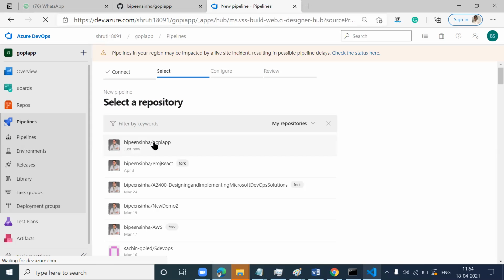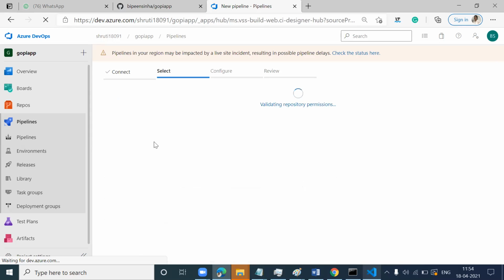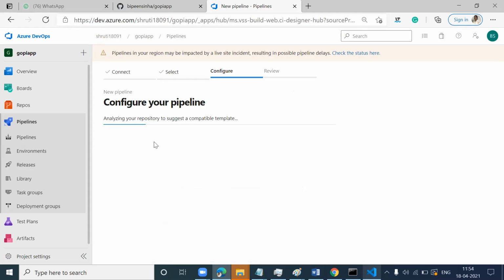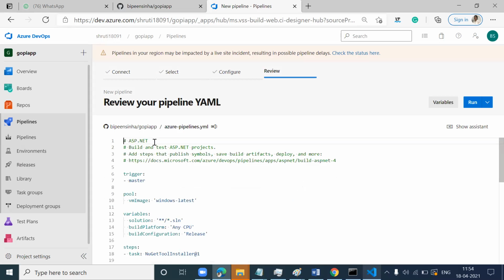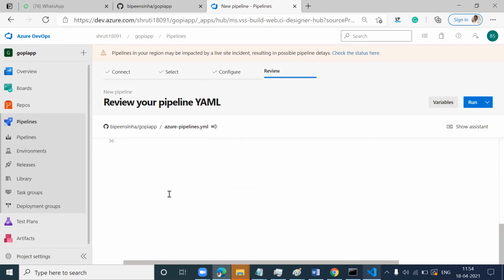Which one is yours? Yes, this one. Perfect. Scroll down to confirm the publish artifact line is there. Yes, it is there, right? Click run.